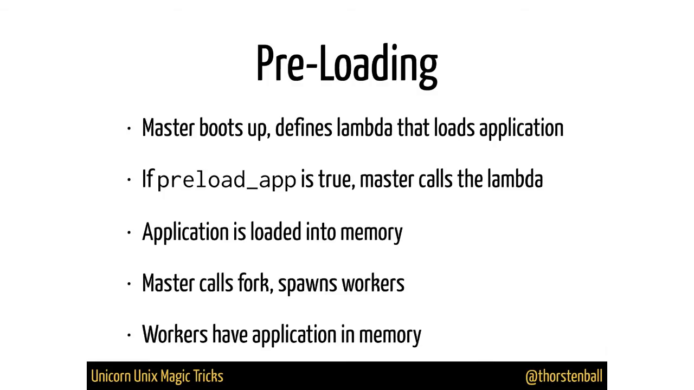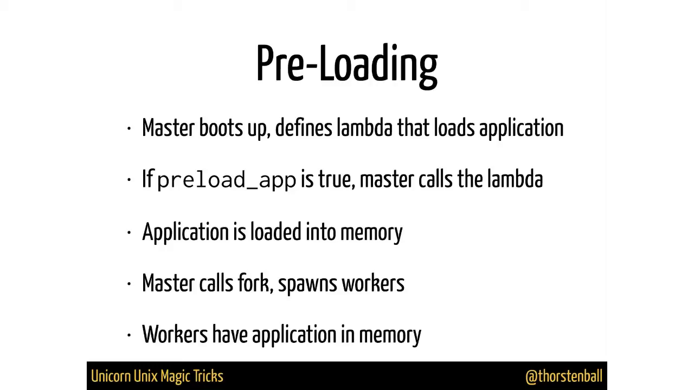The master process boots up, and it defines a lambda. This lambda is what loads your application into memory. In this lambda, it uses your config.ru file, it uses the rack builder, it constructs middlewares, it requires your Rails environment, and so on. It essentially loads your whole application into memory. But the lambda is only called if you tell Unicorn to preload the application. And if you do, the master is going to call the lambda, which loads your whole application into memory in